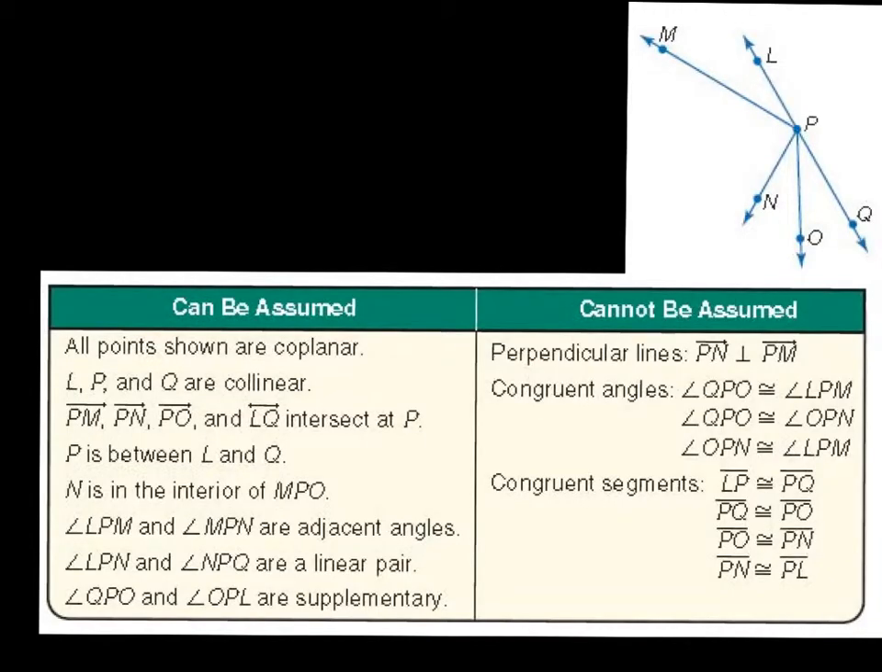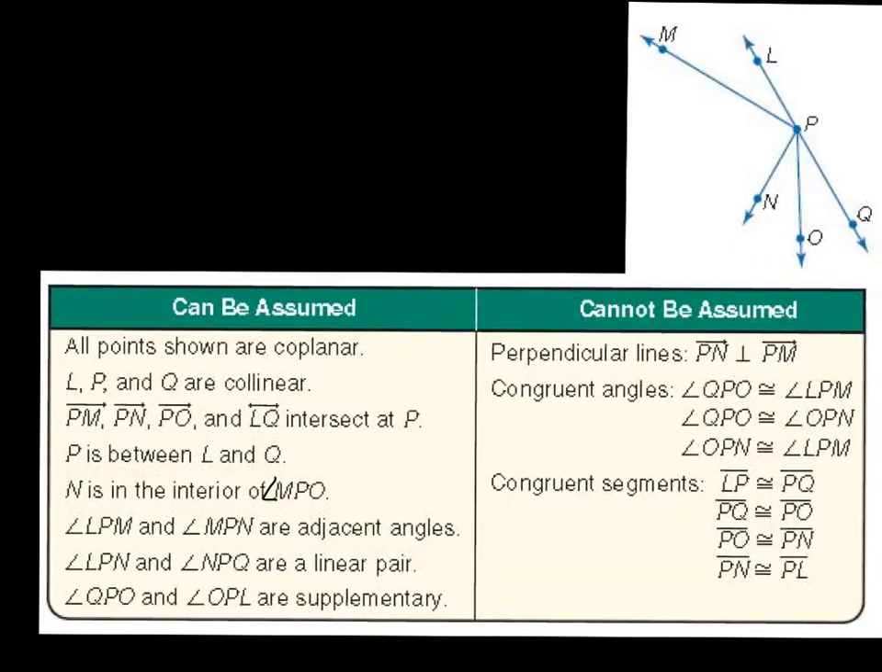Here's a quick list that gets us started on what can and cannot be assumed on diagrams. We can assume that all points shown are coplanar, they're on the same plane, they're on the paper. Points L, P, and Q are collinear, they're on the same line. Ray PM, ray PN, ray PO, and line LQ intersect at point P. P is between L and Q and is in the interior of